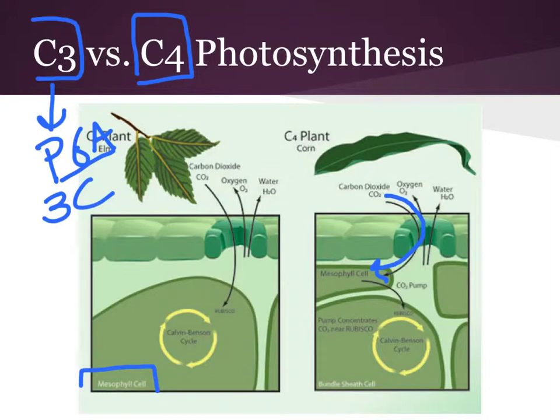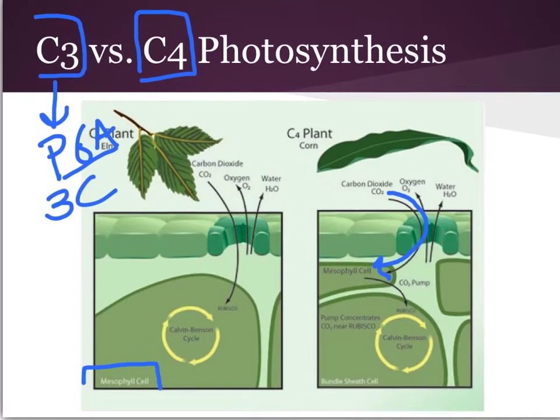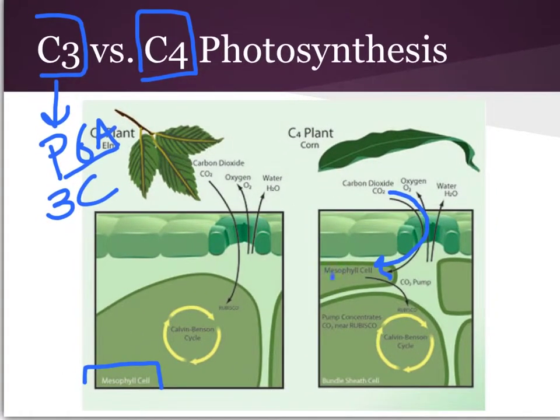Instead, this CO2 is converted into a 4-carbon molecule. And after it's converted into this 4-carbon molecule, it is transferred out of the mesophyll cells into a new cell. This new cell is called a bundle sheath cell. And it's in this bundle sheath cell that our 4-carbon molecule is reconverted into carbon dioxide and now performs the